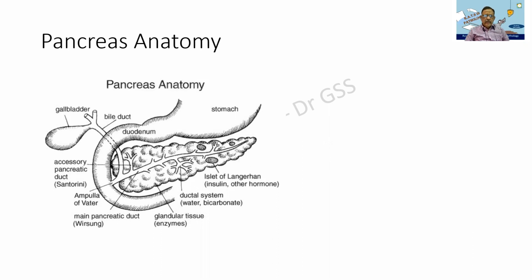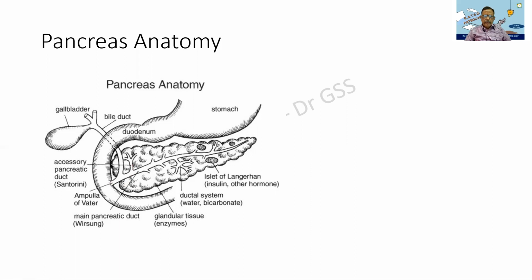In this, I will be dealing with the anatomy of the pancreas, a rough idea whatsoever. This is a fold of the duodenum in which lies the pancreas. And the pancreas has a head, body, and tail. We will not be going into that. It has very powerful enzymes, and the islet cells of Langerhans are harbored within the parenchyma. What I am interested in is the bile duct and the pancreatic duct, which open into the ampulla of Vater. Sometimes there can be accessory ducts, and these can open separately, leading to pancreatitis.